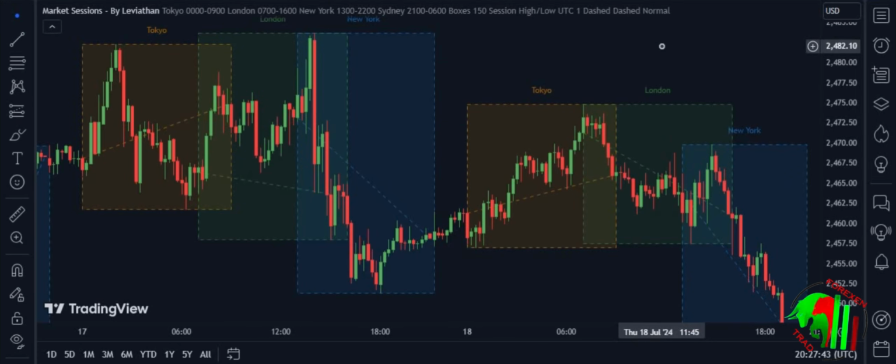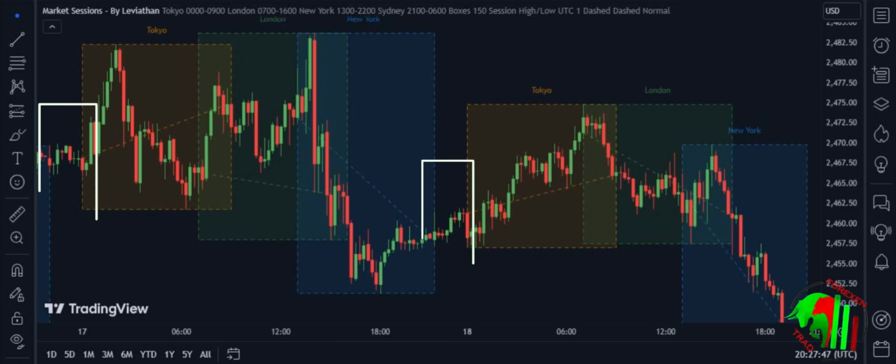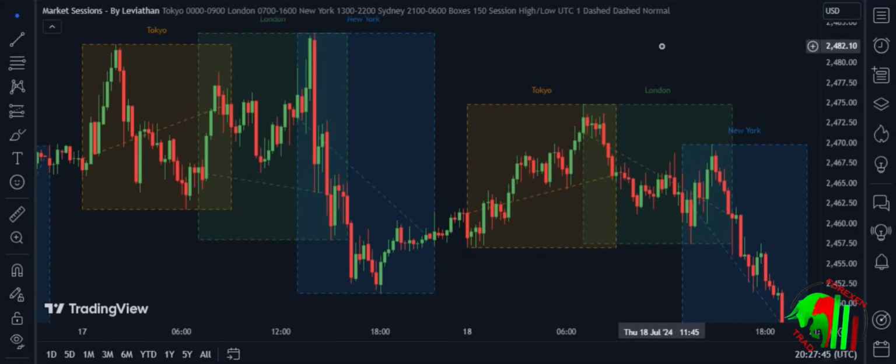As you can see, I have 3 sessions: Tokyo, London, and New York. The indicator shows us the areas where the market opened. As you can see, these areas did not have strong movement because the market was not active here. These colors show us the overlap between sessions. Liquidity increases during these overlapping periods when trading volumes are high. The best time to have high liquidity is when the London session overlaps with the New York session.